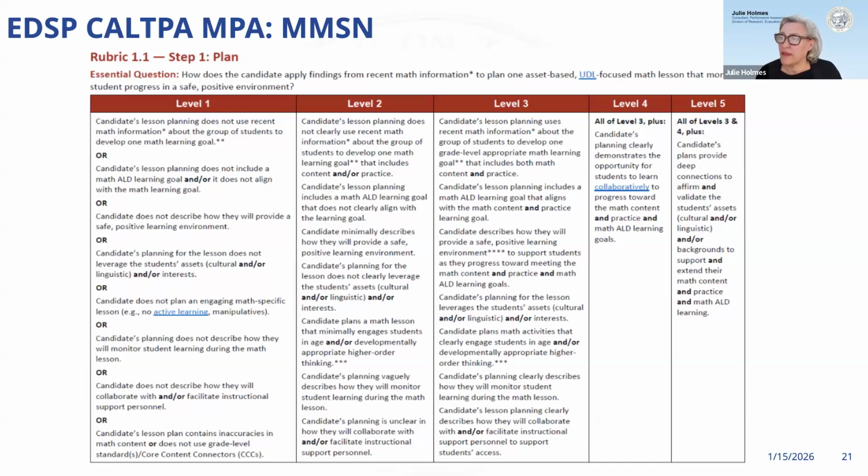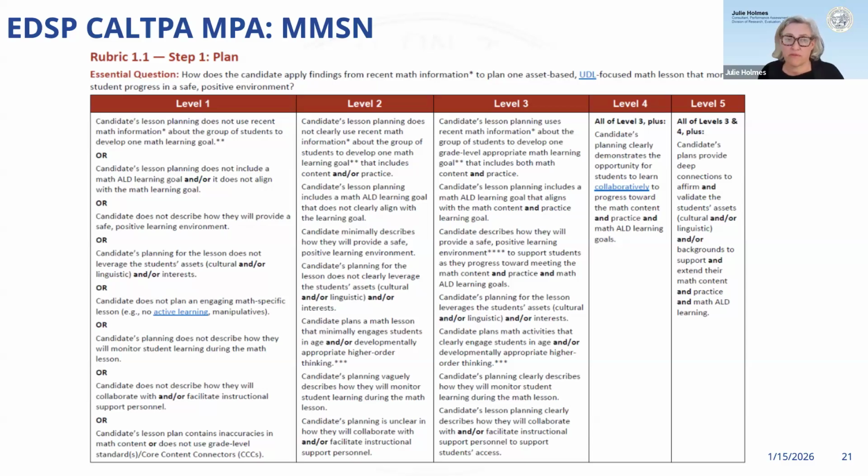So it's important that they develop those grade level standards, those learning goals for math practice and content. Don't forget one without the other. They go hand in hand together. They must be together, because if they do not have the math practice, but they have the content, then they're going to go down to a level 2. A level 2, you'll notice the and or between content and or practice. They have one, but not both.